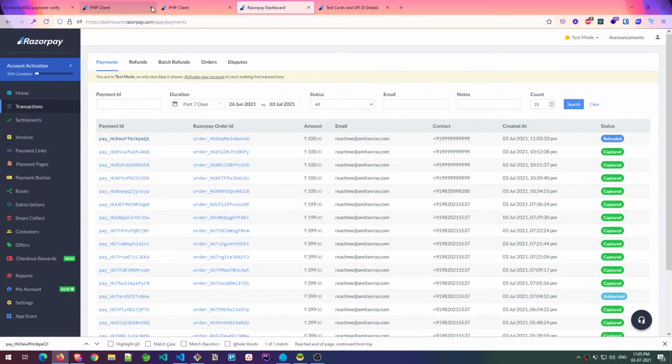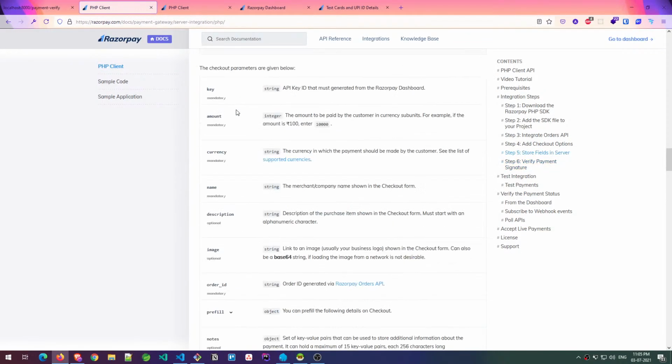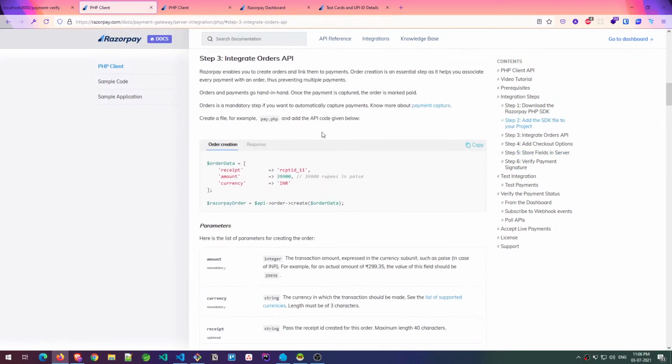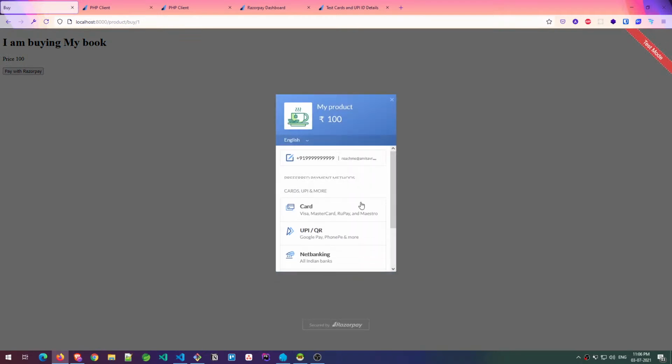What are the steps? First of all, we are first creating an order. Whenever we need to initiate a transaction with the payment gateway, we need to first generate that order. We get the order ID, and then we take the user to this particular page. This is the page where we are creating the order. When this order ID is passed to this widget,